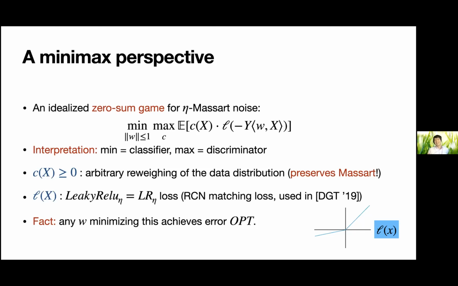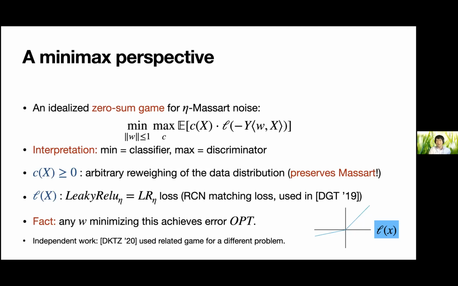Okay, and the reason is basically, as the max player, you would just pick to support the distribution on all the examples where my W is bad. And if I don't play W star, the true half space, then if the max player picks the points where I do badly, this expectation of C of x times the Lipschitz loss is going to be a large positive number. So that's basically the intuition as to why, if we could solve this optimization problem, we would get a really, really good half space. Now, what's the problem?